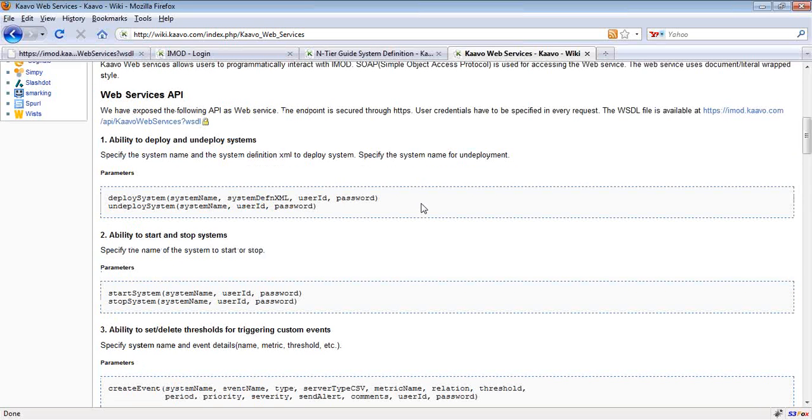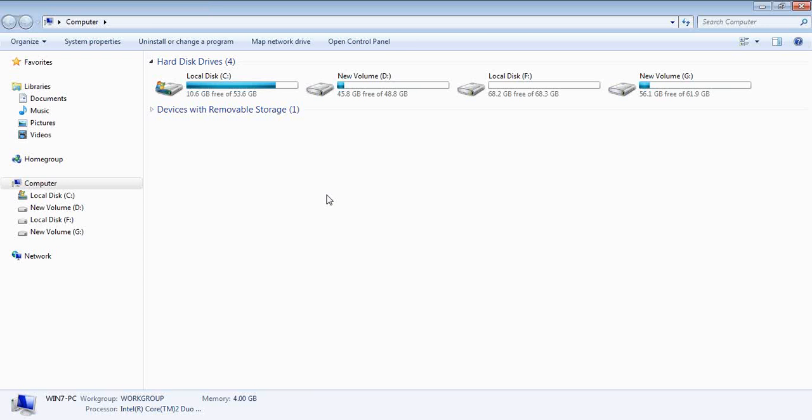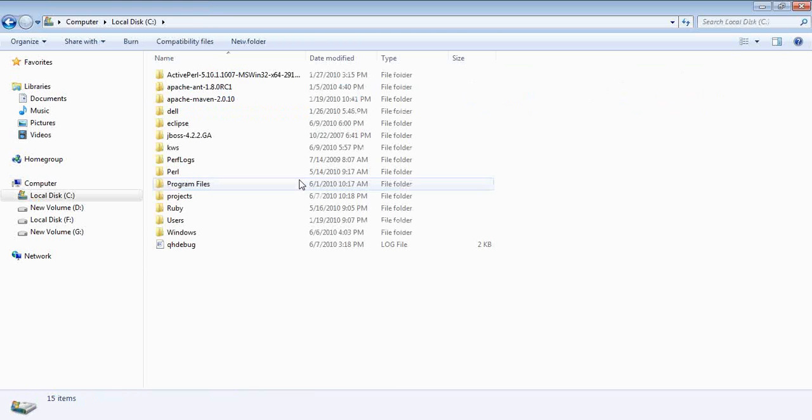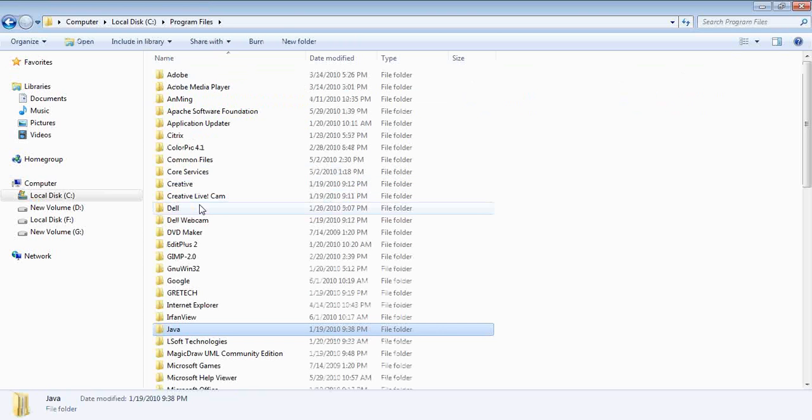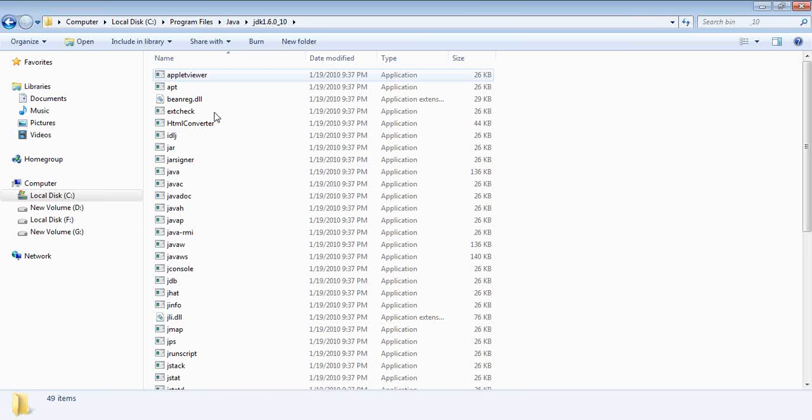Today I will show you how to develop clients in Java. For these clients, I will use JAX-WS with JDK 1.6 and Eclipse 3.4 IDE. So I have JDK 1.6 installed on my computer, and I will navigate to the directory where it is installed. This is the bin directory where we have a number of tools.